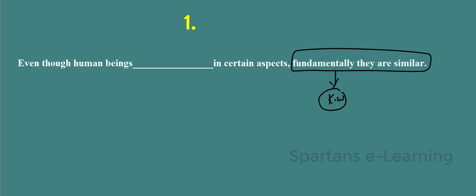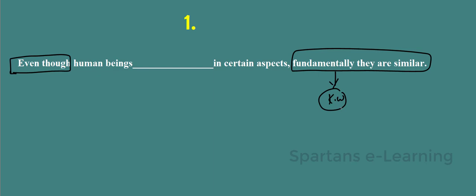Okay, that is your keyword. Now what is your connector? Even though. Okay, even though is a negative connector. That means, I'll give you an example on even though: even though he is rich, I have never seen him donating for orphans, right? So even though is a twister. Even though actually reverts the meaning given by the keyword.